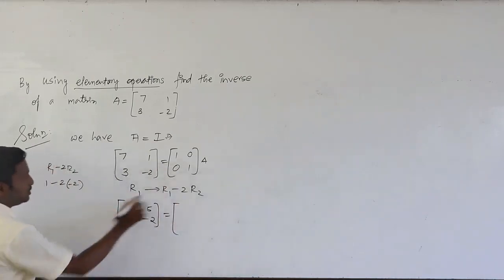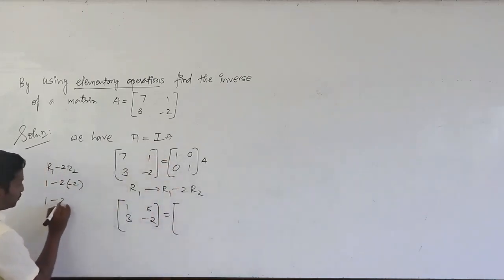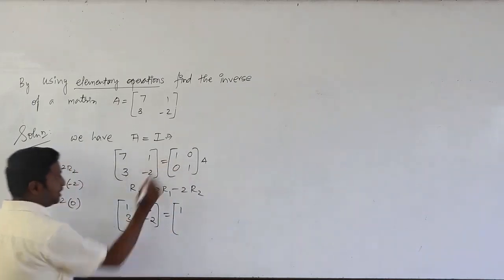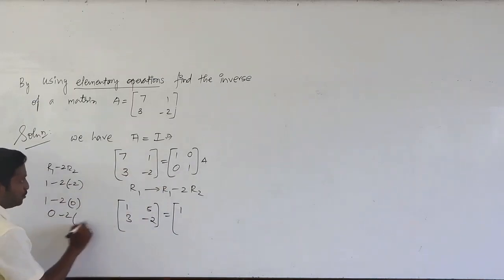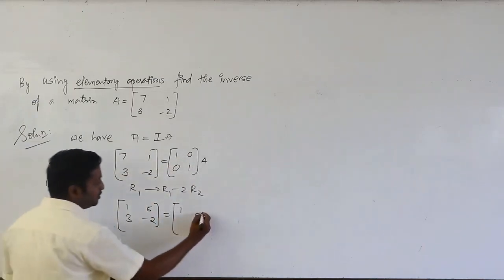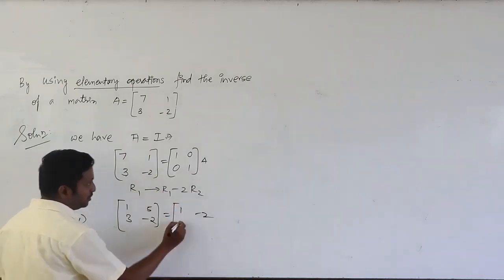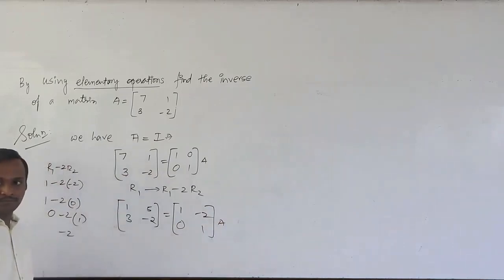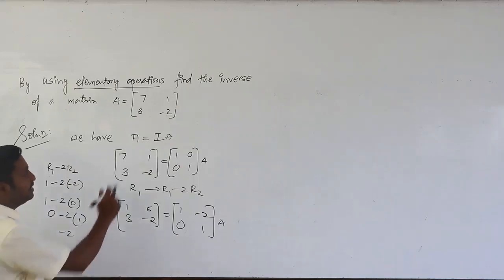You have to make use. R1 it is 1 minus 2 R2, below that 0. So 1 minus 0 it is 1. Next, R1 0 minus 2 R2. R2 it is 1 here, minus 2. So this is minus 2. R2 not changed. So keep R2 as it is. First step over. Second step, if you can make use of the way in the last problem I did, 7